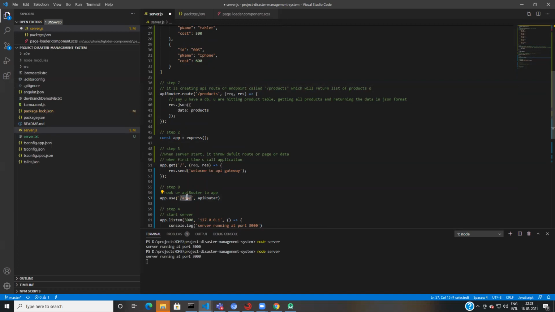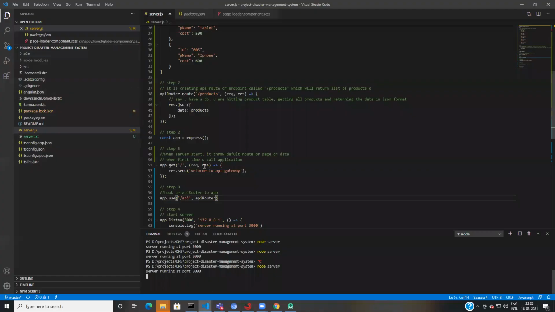So I'm just putting a prefix here instead of Ajay. Again, I go back to, let's say, API word, save. I killed the server and started again. Node server, and now we see this again. Here at 3000, nothing is going to show up. It is going to show the normal default message, because it's the default route.